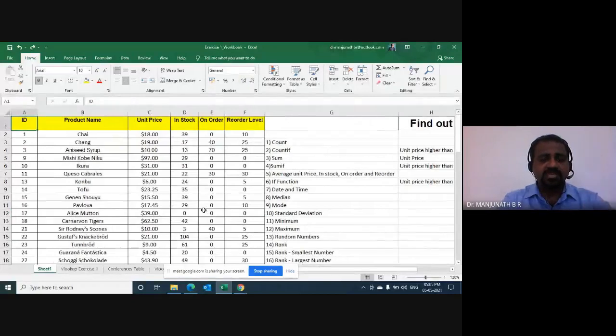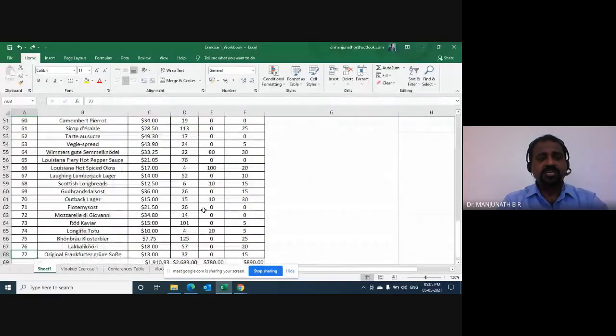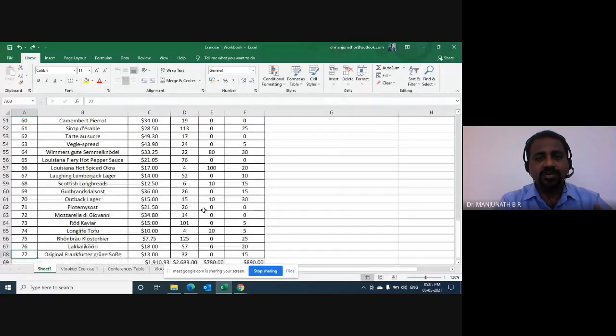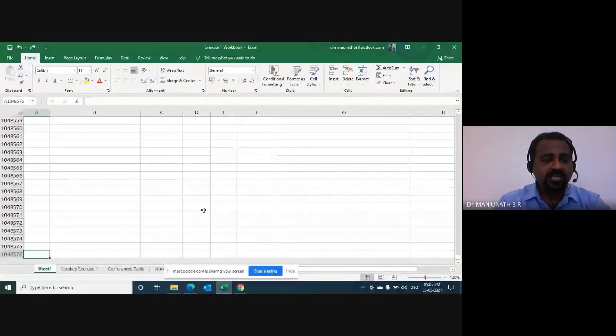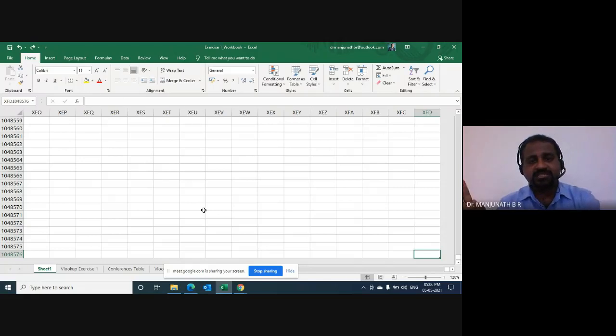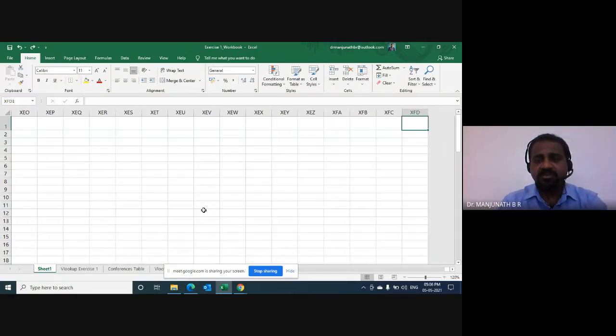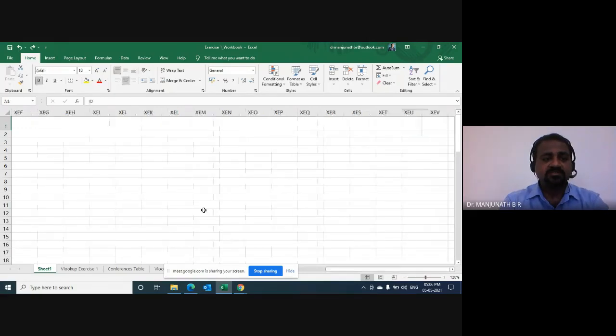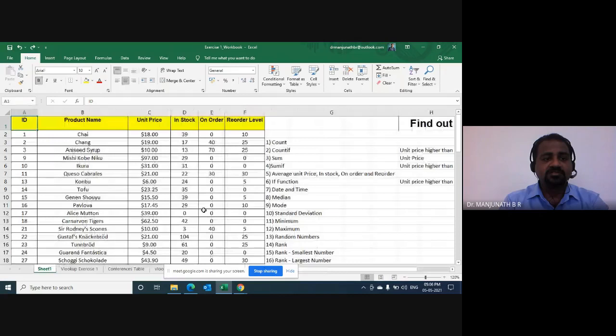Control Home takes you to the first reference cell. Control Down arrow key takes you to the last cell where the data is present. And again, if you do Control Down arrow key, it goes to the ultimate bottom, and you can see the 10,48,576th cell for column A. Control Right arrow key takes you to the right-hand side extreme end. Control Up, you can see now it has taken us to the last column's first cell, and again I do Control Home, and yes, now the cell is in the first cell, A1.